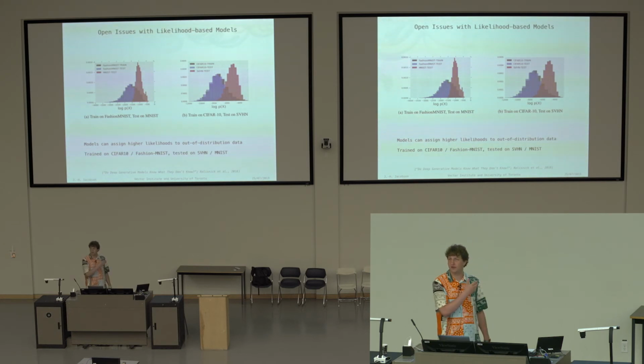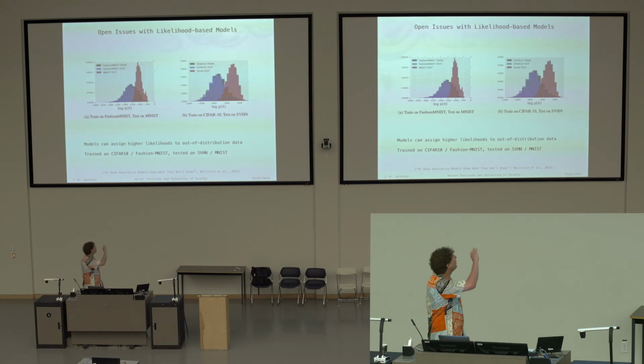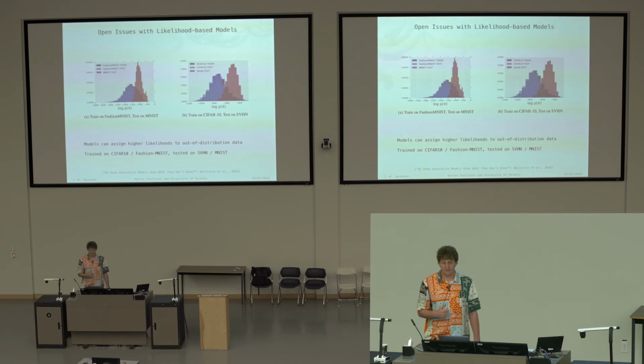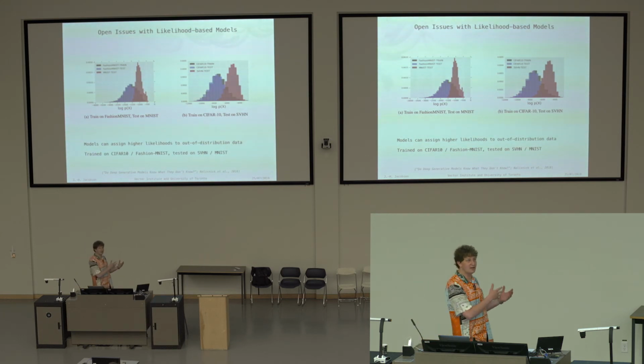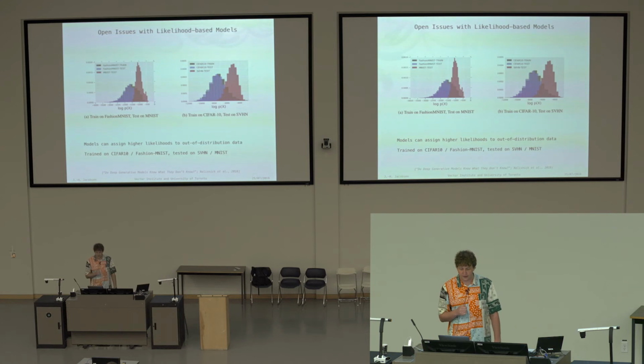They showed this also for CIFAR-10. You train on CIFAR-10 images, and the blue curve here is the histogram of the likelihoods of your CIFAR-10 training images. The gray one is the likelihoods of your CIFAR-10 test images. And then SVHN, which is a completely different data set, actually gets assigned higher likelihoods than CIFAR-10 again. So if you want to use these models for outlier detection, here you see why that's hard. This has to be solved somehow, and there's a lot of follow-up work on this that tries to solve it. But that's a big problem with these models if you want to use them for things like outlier detection.